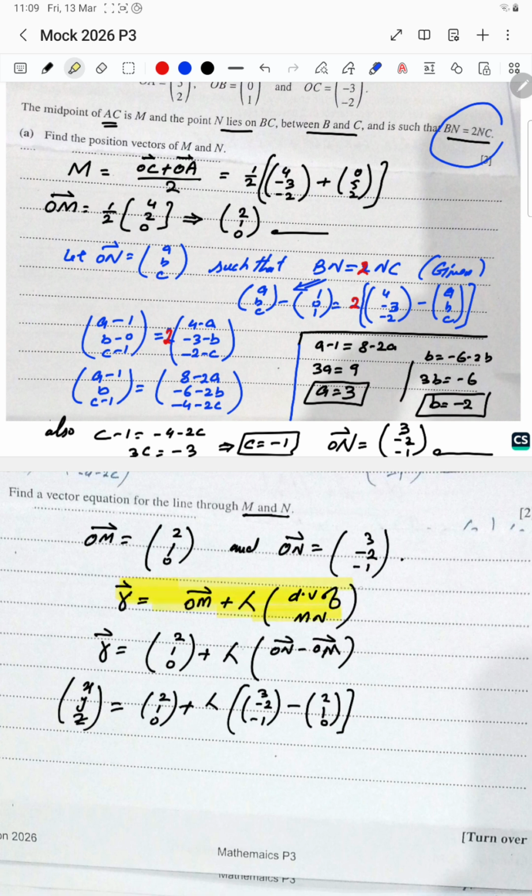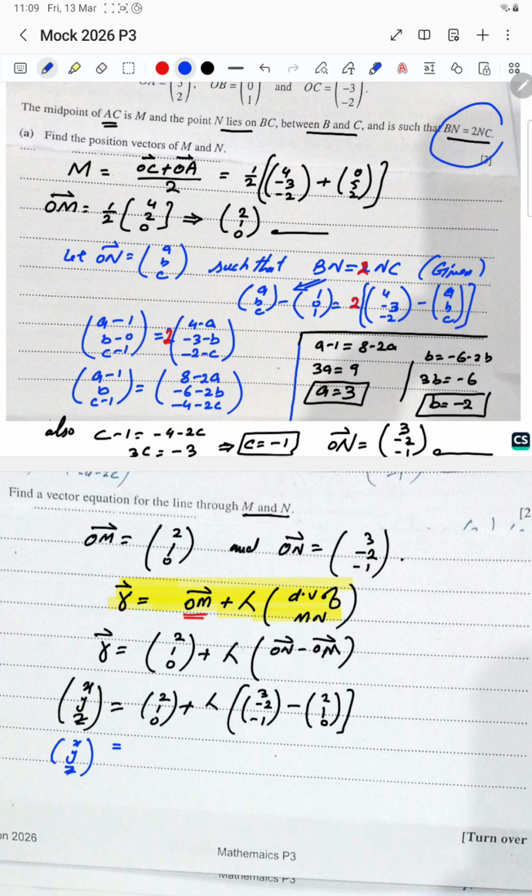You guys need to know this, because if the line is from NM, so the point will be this one. This is the point here, the red one. It will be ON as the point instead of OM. I will take it as ON. But the direction vectors, you know that the sign will change only. Okay, fine. Here I will get x, y, z